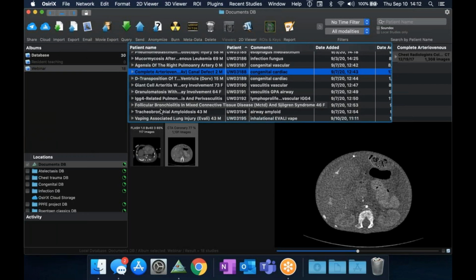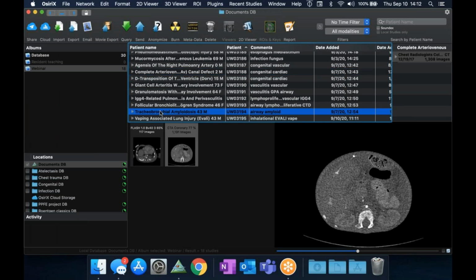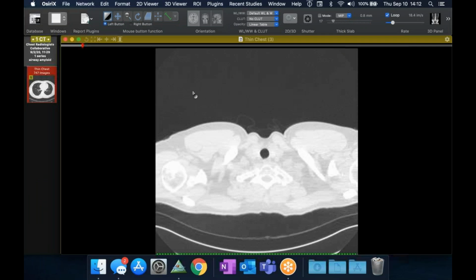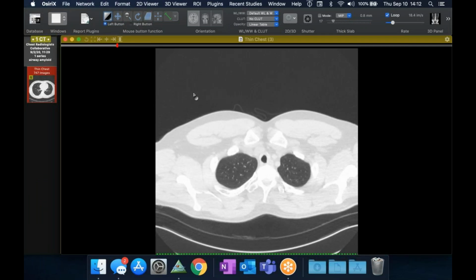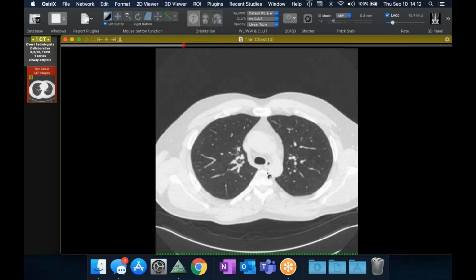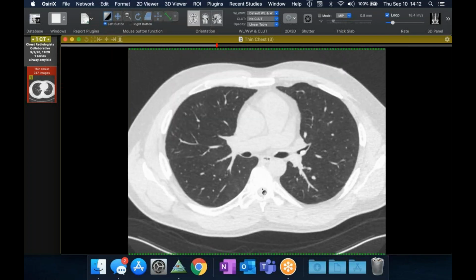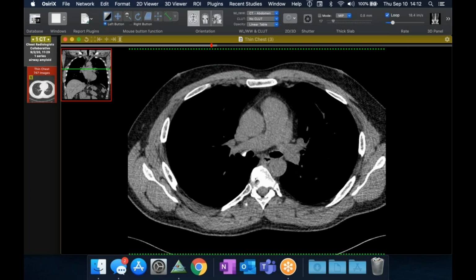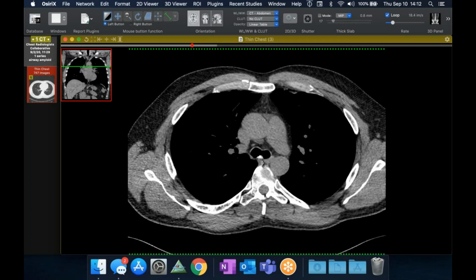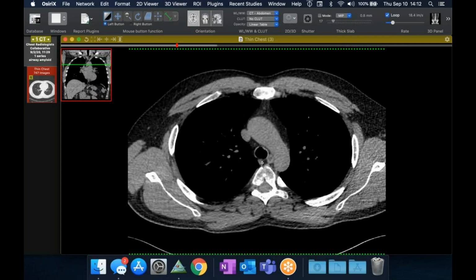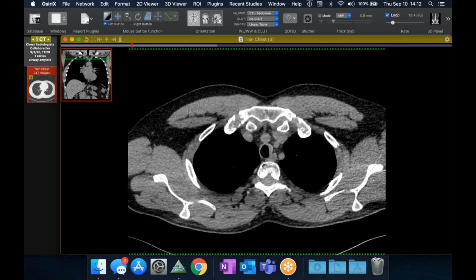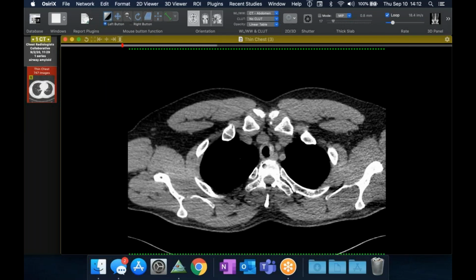And then last case here. So this is a 43-year-old with, you can see tracheal narrowing and irregularity, and a little bit further out. And if I go to soft tissue windows, you can see there's these calcific nodules along the wall, but also along the posterior aspect. And so this is tracheobronchial amyloidosis, which is a little unusual in that the cases I've